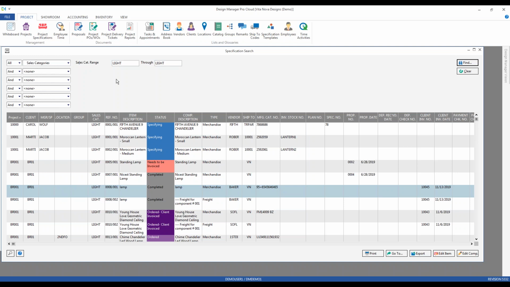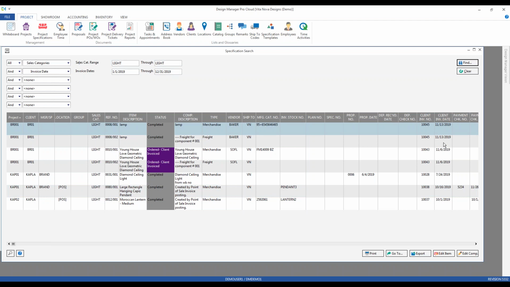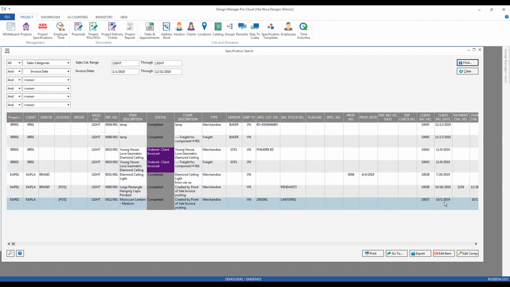I could even get more creative. I could say, show me all of the items of lighting, and if we recall our logical ands, ors, and nots, I can get very sophisticated in the information I'm trying to look for. I could say sales categories of lighting, and how about invoiced last year? I do have to put the 19 in this case, to 12/31/19. Bam. So now I get a much smaller listing. Everything has the lighting sales category. And if we look at the client invoice date to the right here, everything that was invoiced within that particular